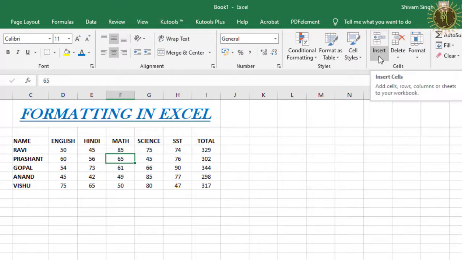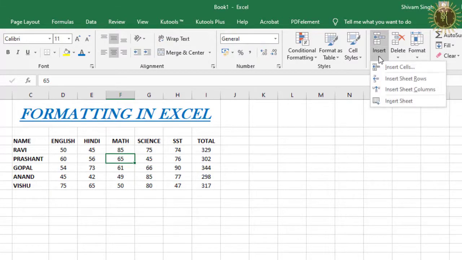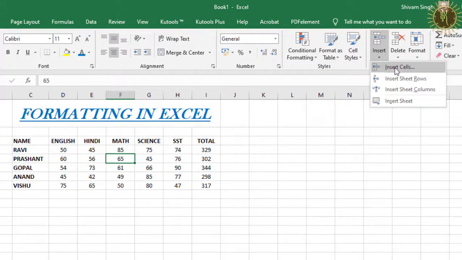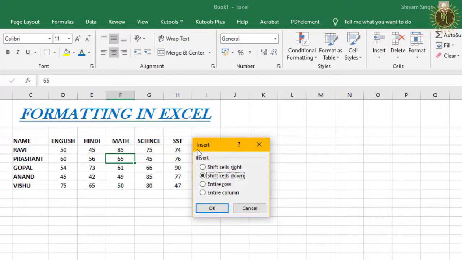To insert a cell in between, go to Insert and click on this insert button. You can see different options available in the drop-down menu. Then click on Insert Cells, and one insert dialog box will open.